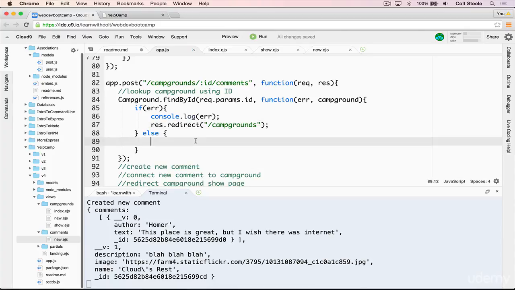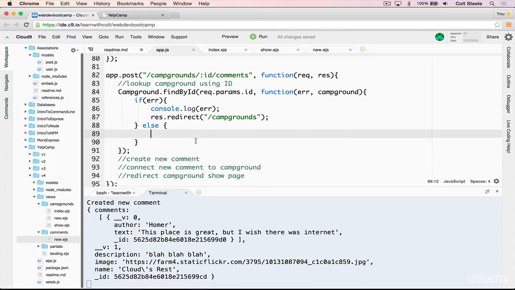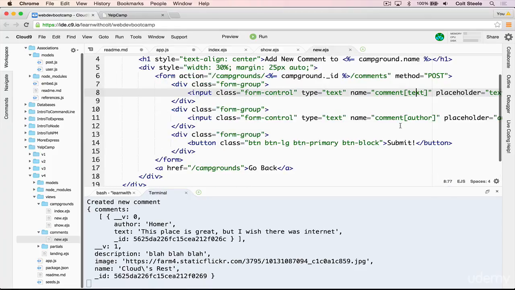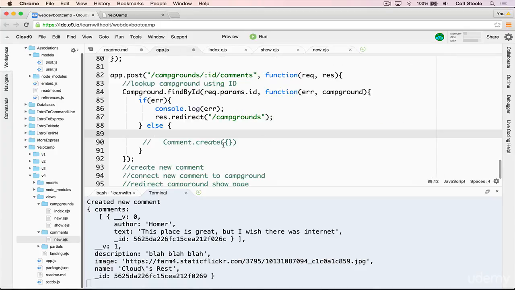And then inside the else, we're now going to create the new comment. So that's done with Comment.create. But before we do that, I'm going to comment it out. And I want to show you what I was talking about when I introduced this new way of adding the name attribute, where we group things together under the name comment. So we'll go back in here, and let's just do a console.log of request.body.comment and save, restart the server,